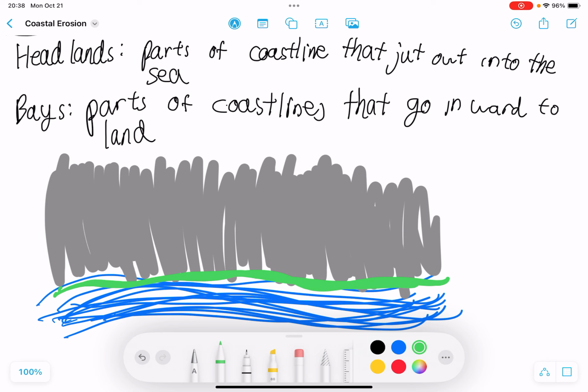For example, rocks like chalk might be harder than other types of rocks like clay. And